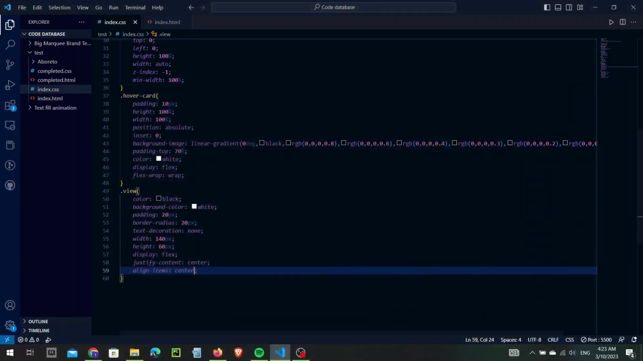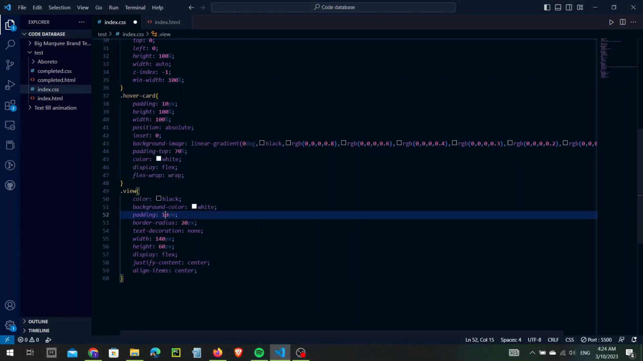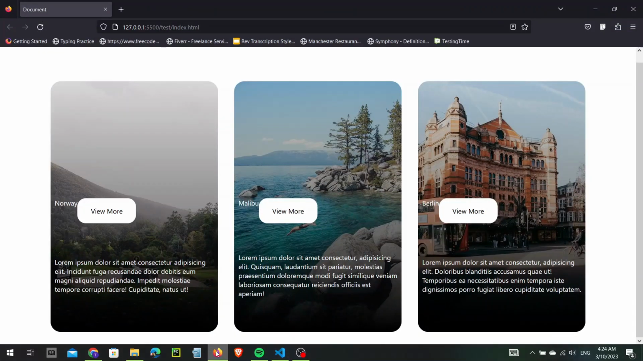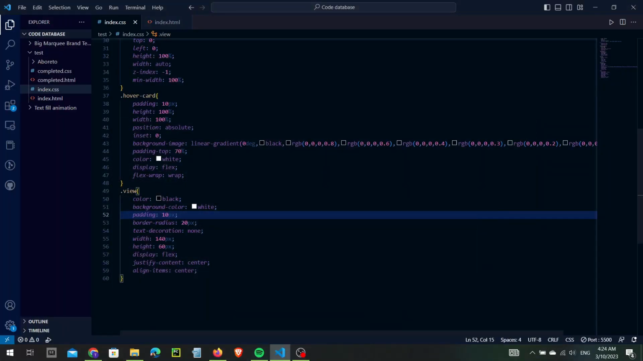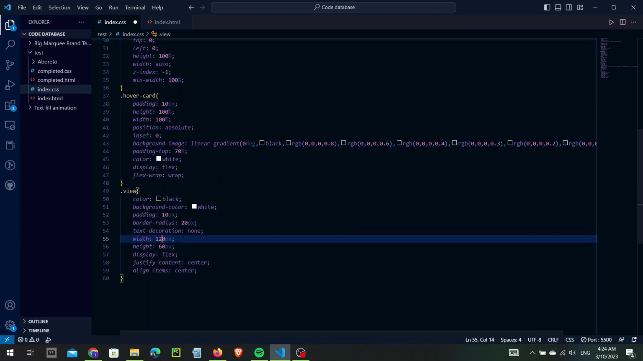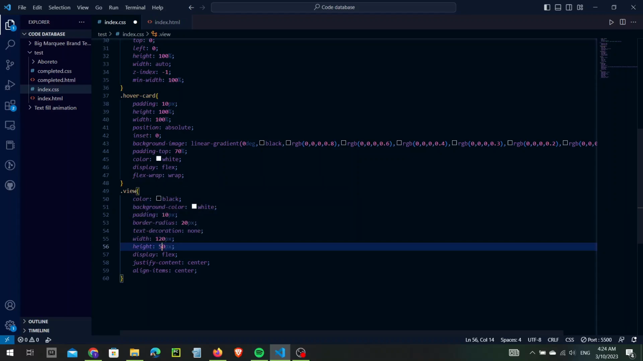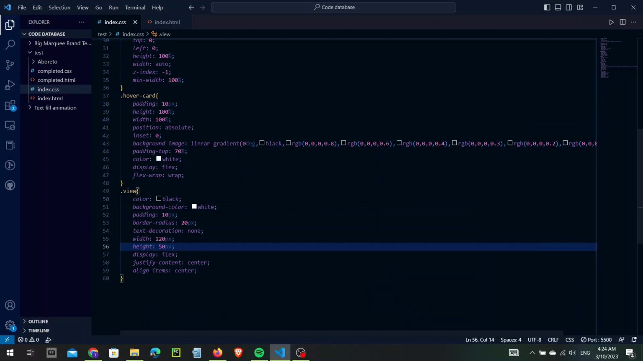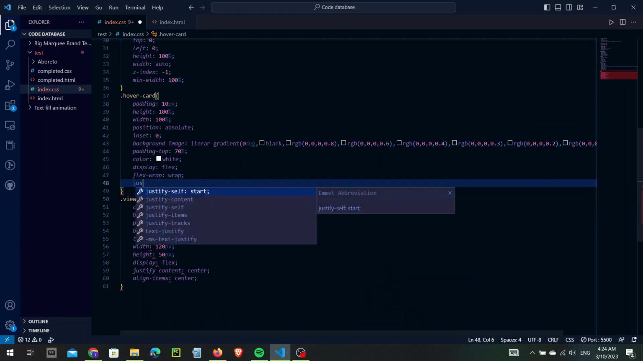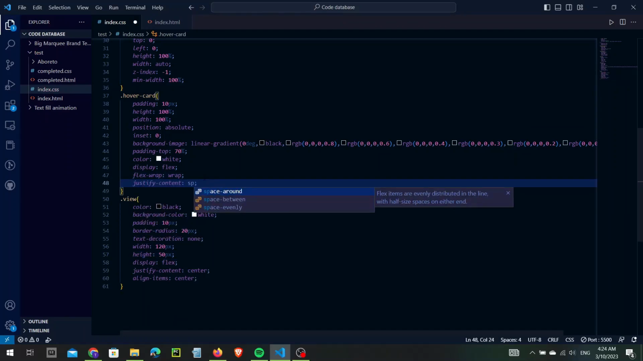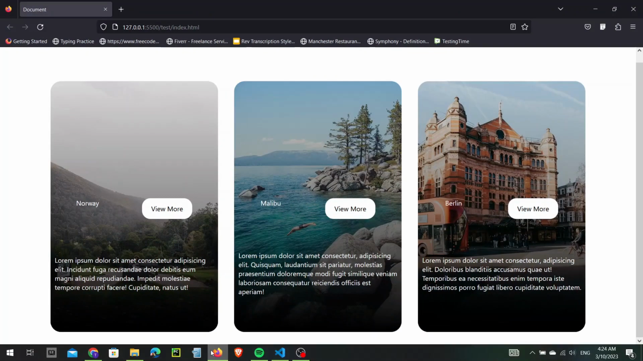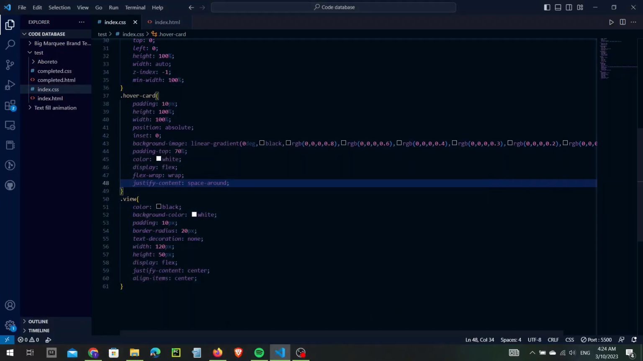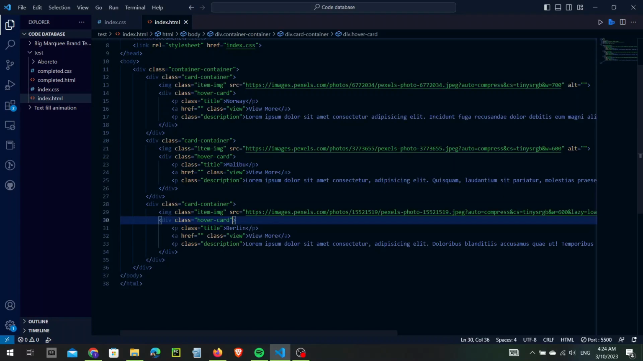Okay. Minimize that padding a bit to 10 pixels. And let's reduce the height and width a bit. Okay. Then we space these items away from each other. Alright. Okay. Then on that parent container,